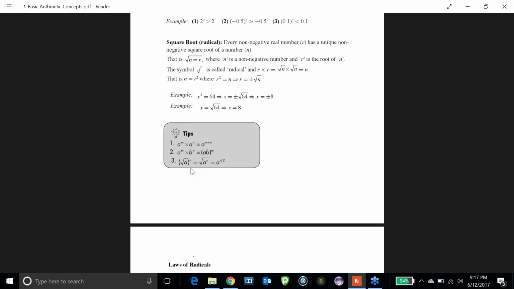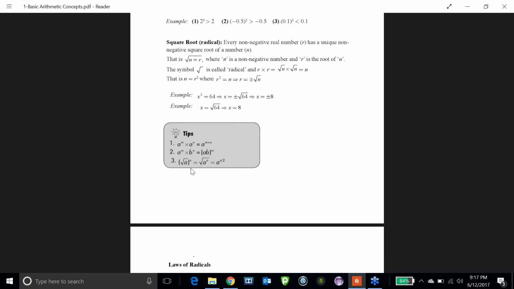Square root of a to the power of n is equal to a to the power of n by 2. So let me substitute, instead of m, I'm taking n. Let me substitute the same thing over here. Square root of what is a? 2. What is n? To the power of 4,